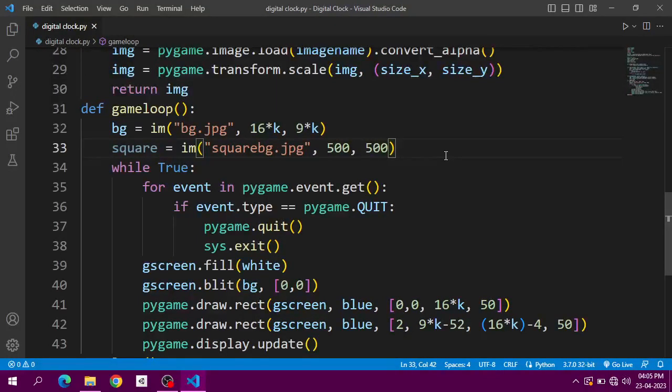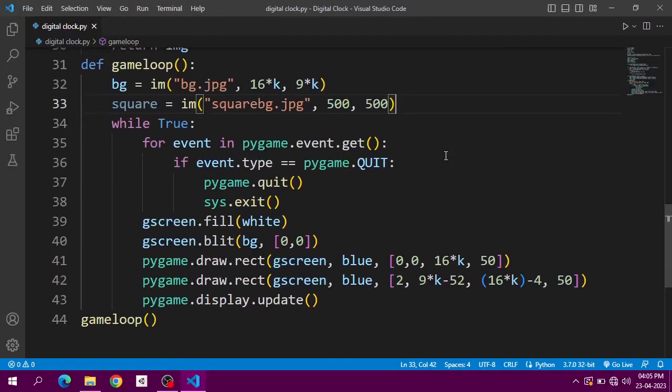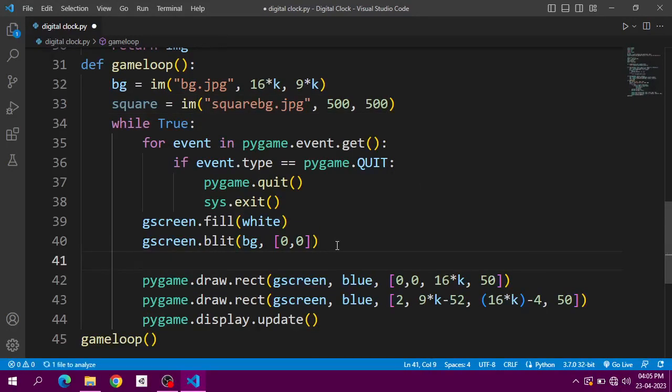That's not the topic for today. You can download these graphics directly from the description of the video. So the square we have created here, and we will get the coordinates where we need to blit using our align function. So gscreen.blit,